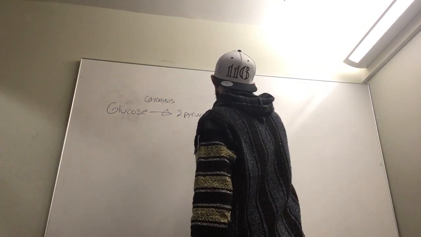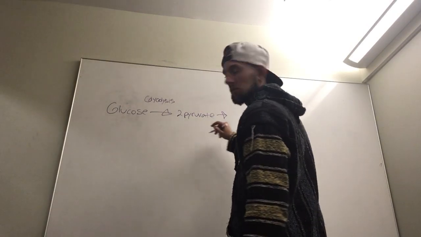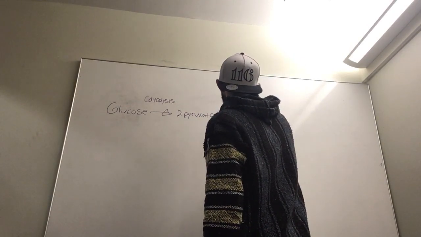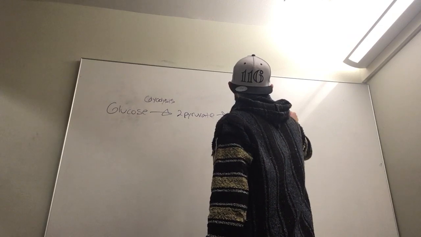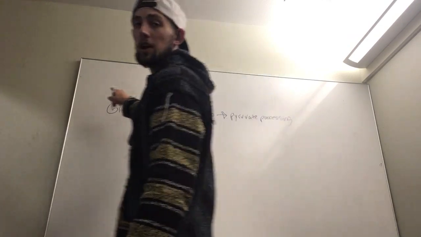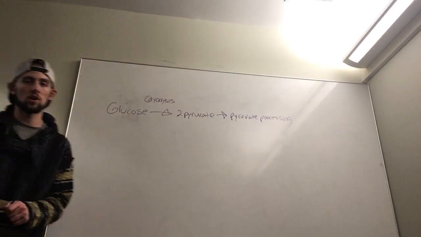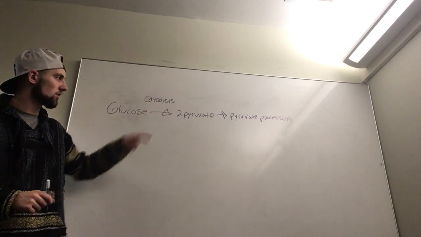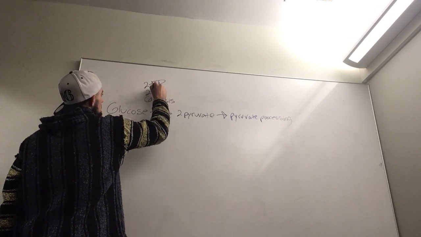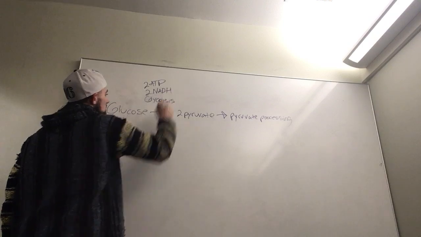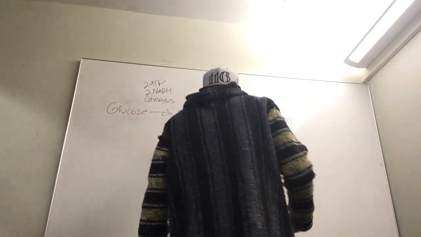It's going to go into the mitochondria through those proteins and do pyruvate processing. By the way, remember 2 ATP and 2 NADH come out of glycolysis. So we have pyruvate processing, and by the way, I'm going to draw 2 ATP and 2 NADH. Okay, through pyruvate processing, you're also going to have